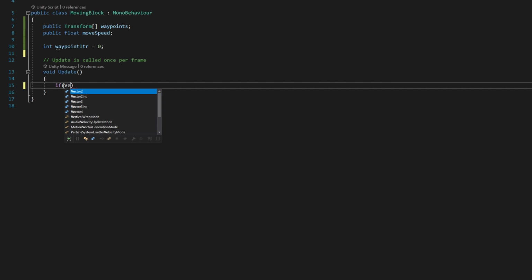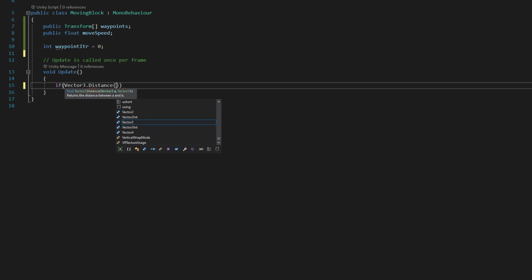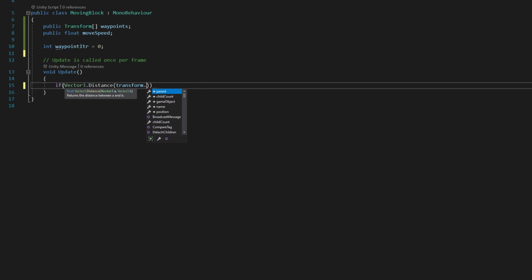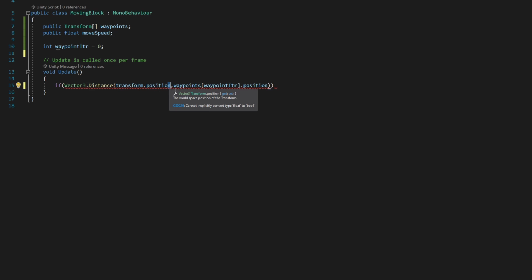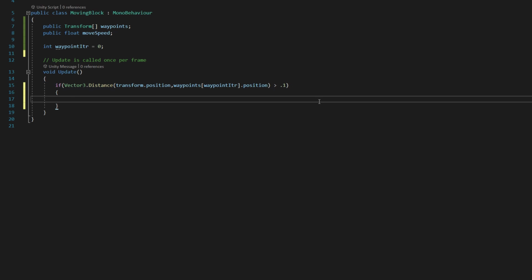We're going to say if Vector3.Distance, and then transform.position. We're adding a second set of parentheses there, and we're putting transform.position in, and then comma waypoints, and then in square brackets waypointIterator, or waypointItr.position. So what we're doing is checking the distance between these two Vector3 values, these two positions. And if that is greater than 0.1, then what we want to do is set our transform.position equal